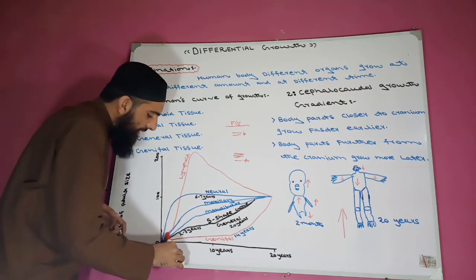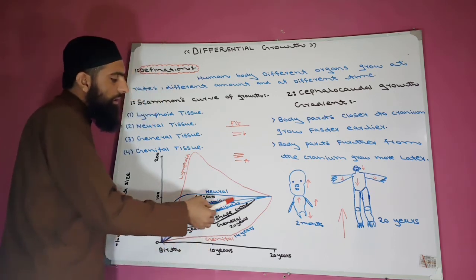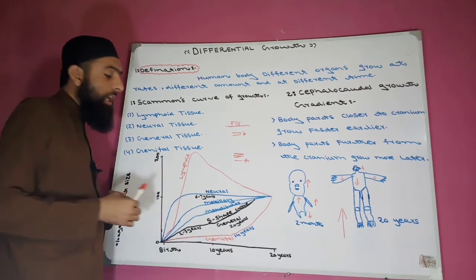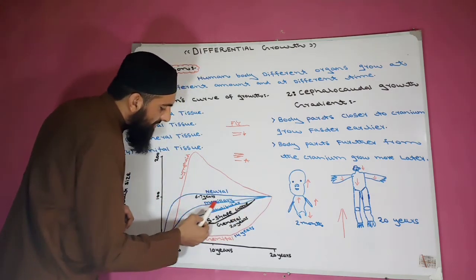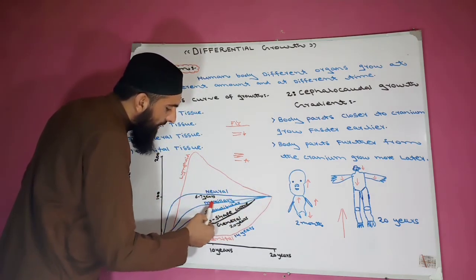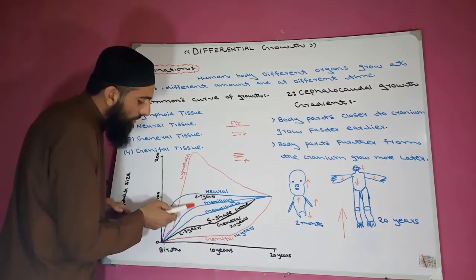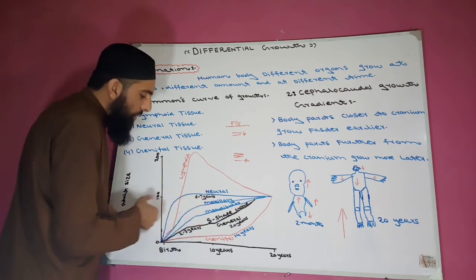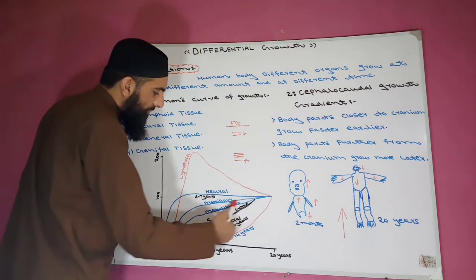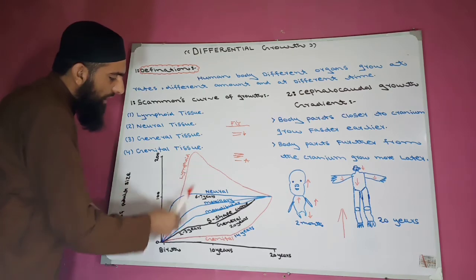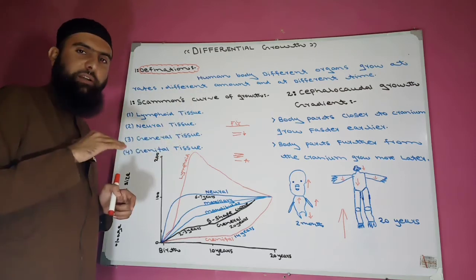Here, the maxillary growth line is upper and the mandibular growth line is lower. It means there is more maxillary growth and less mandibular growth. Why? Because the maxilla is close to the cranium and the mandible is away from the cranium. The structures near to the cranium grow more rapidly, meaning its growth curve is high. And the structures away from the cranium show less growth in the earlier age, like the mandible. Therefore the maxillary graph is high and the mandibular graph is low due to the cephalocaudal growth gradient concept.